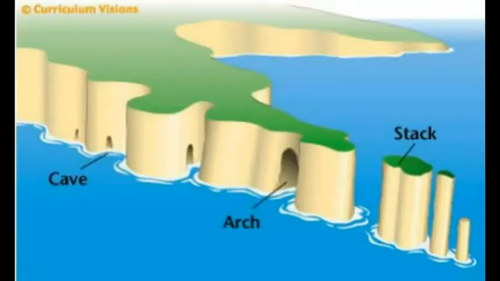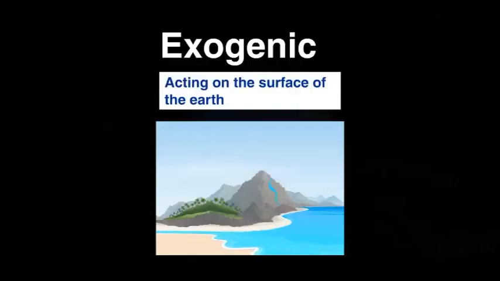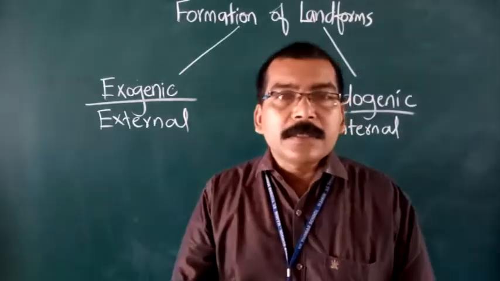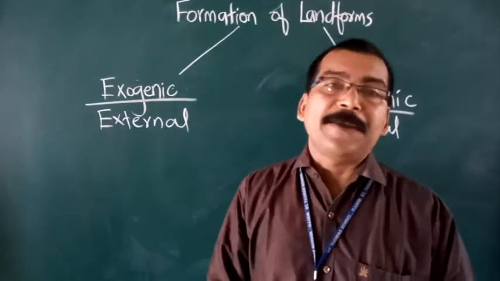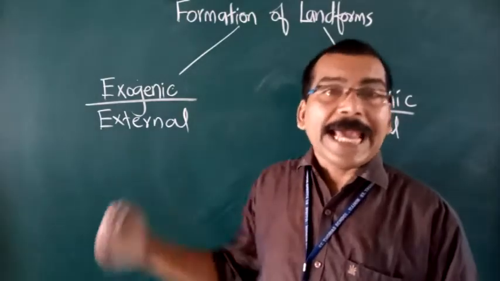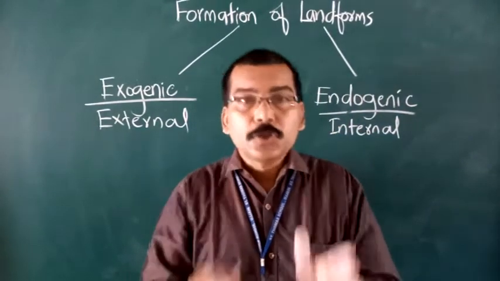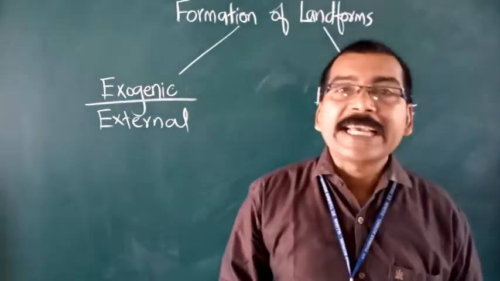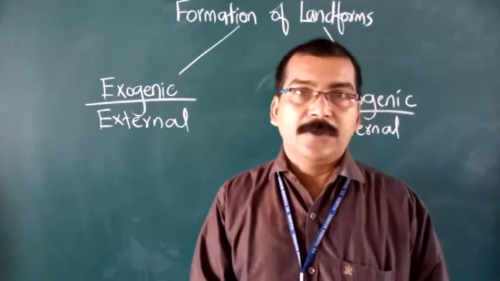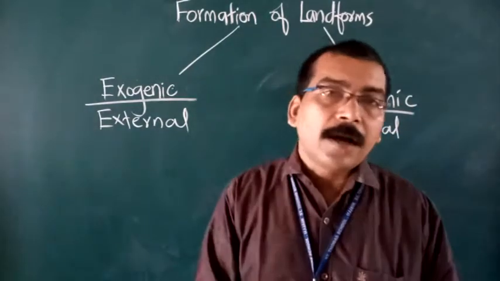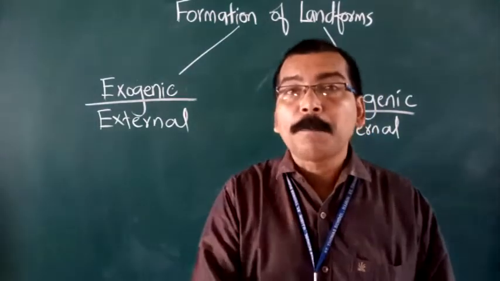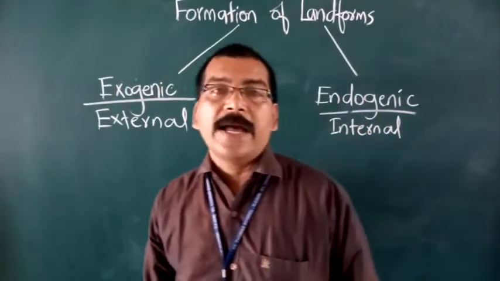and such changes are called exogenic changes. These exogenic changes are slow changing. It takes a long time for the agents of denudation to alter or to change the surface of the earth. So these are very slow process. On the other hand,